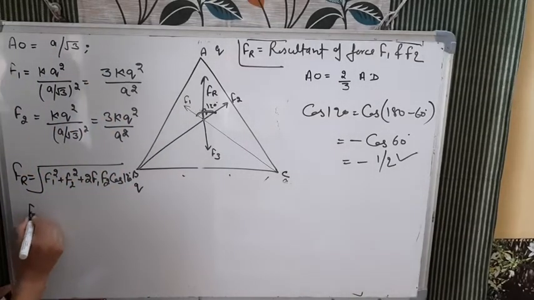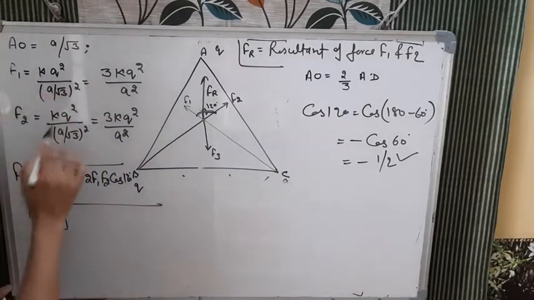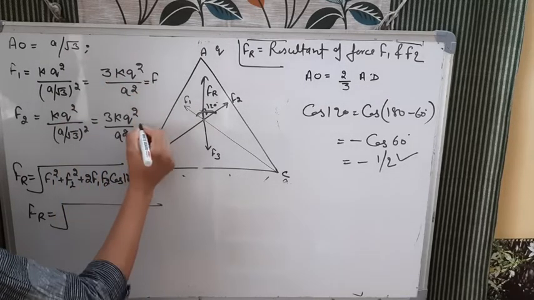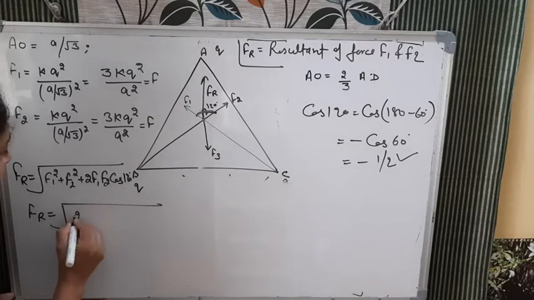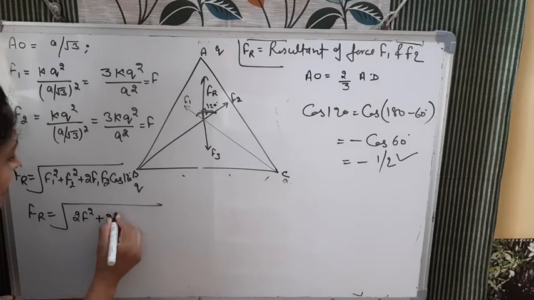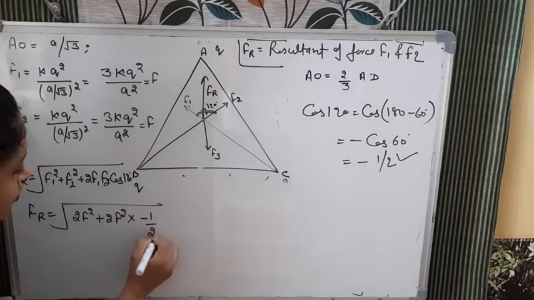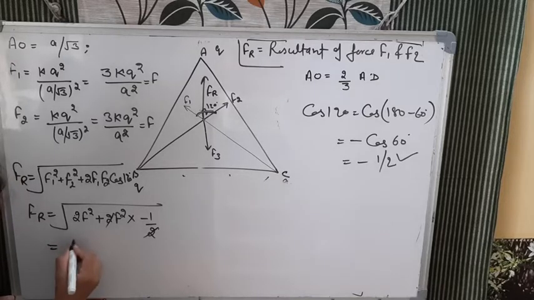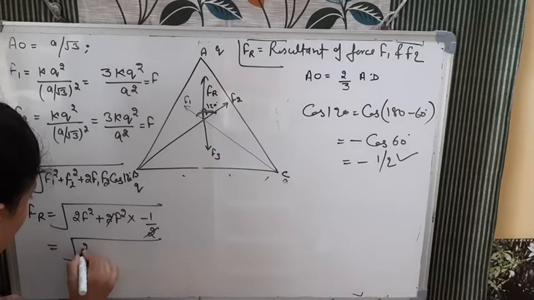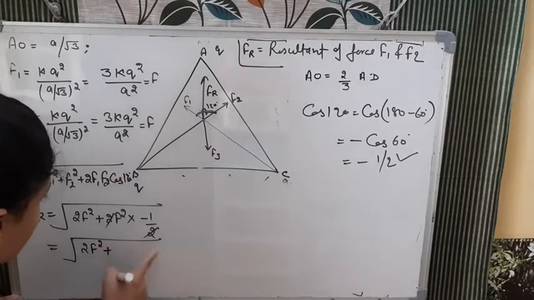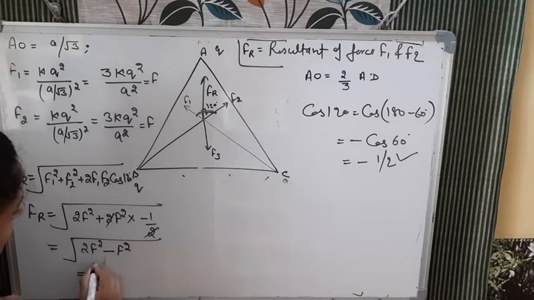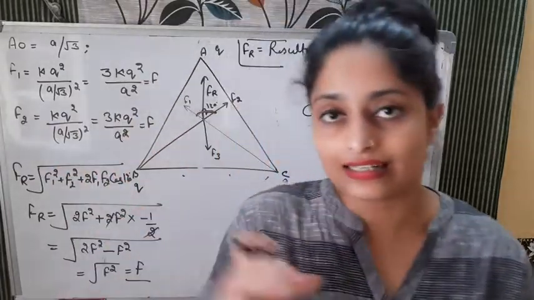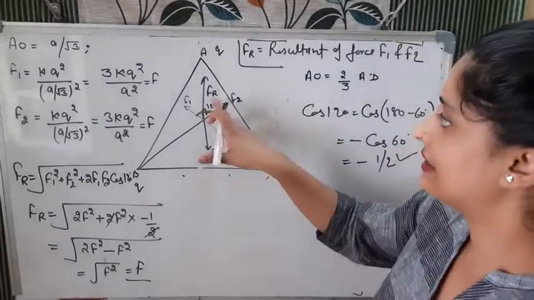Put values here. Fr will be what? Now we know F1 and F2 both are same. So we are writing it is equal to F. Okay, because both are equal, so we are putting that equal to F. So F square plus F square, 2F square, plus 2F square into minus 1 by 2. 2 से 2 cancel. What will be left here? See, it will be 2F square plus here it will be minus, because minus sign is there, na? Minus F square, and what will be left? Under root F square, and when you remove this under root, it will come F. So what we got, bacha? We got that resultant force is equal to F only. This resultant force we got.